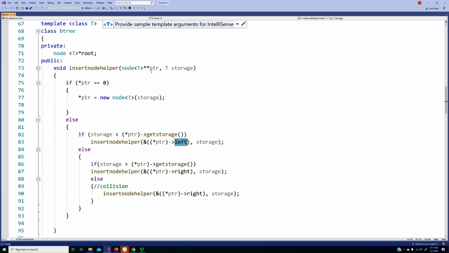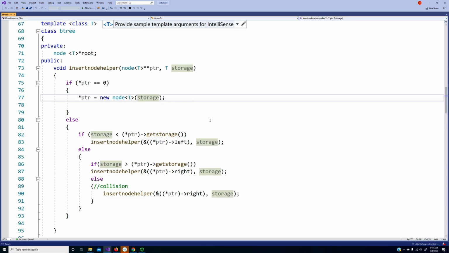So anyway, I'll get into why that double pointer needs to happen, but essentially it is because you have to pass the pointer by reference. That is so that you do not make a copy of it when you pass it to the recursive function. It actually passes the original pointer itself without making a copy. So it does not do a pass by value. It does a pass by reference of the pointer itself. Okay,